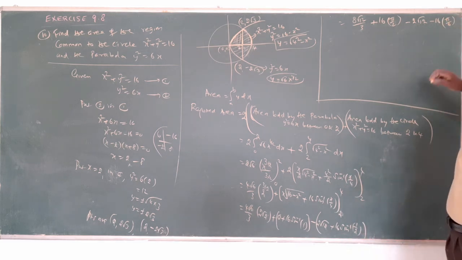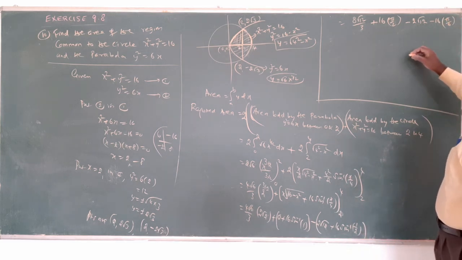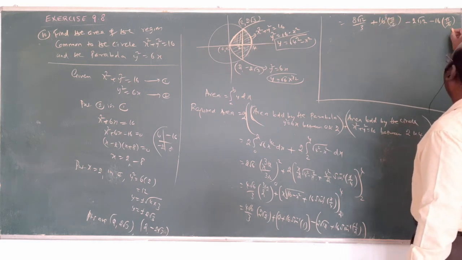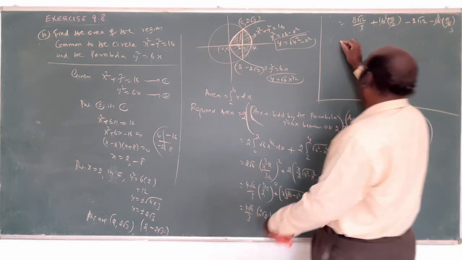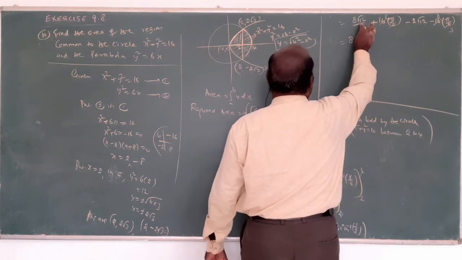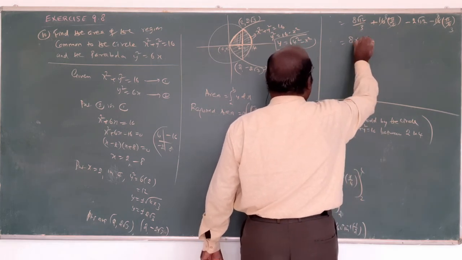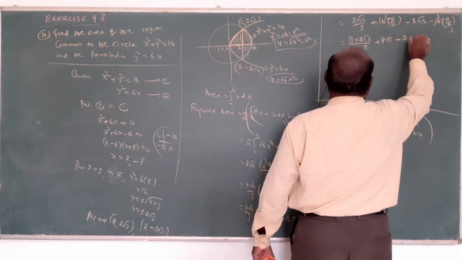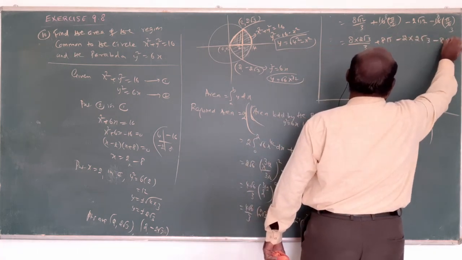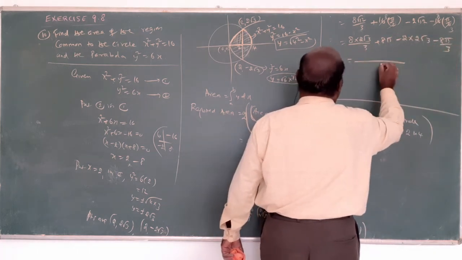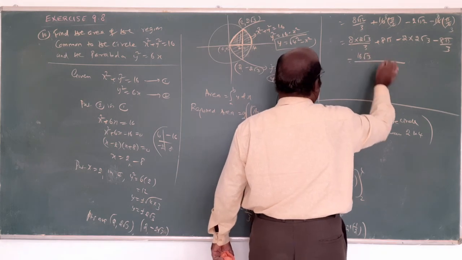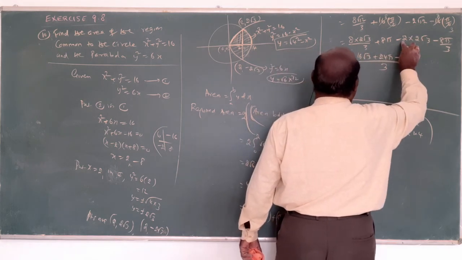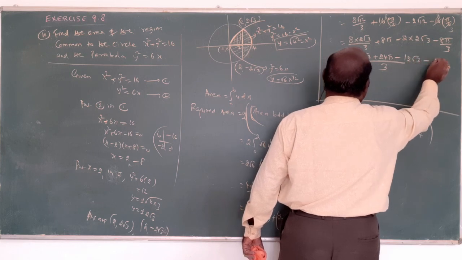That cancels. Am I right? Now this cancels now. 8 times. Here, that's 3 times. Now 8 root 12 can have 4 into 3. So 2 into root 3 by 3, 8 by 3. Here also 2 into 2 root 3 minus 8 by 3. Now 3 is easy. 16 pi multiplied by 3, 24 pi by 3, whole root 3 minus 8 by 3.